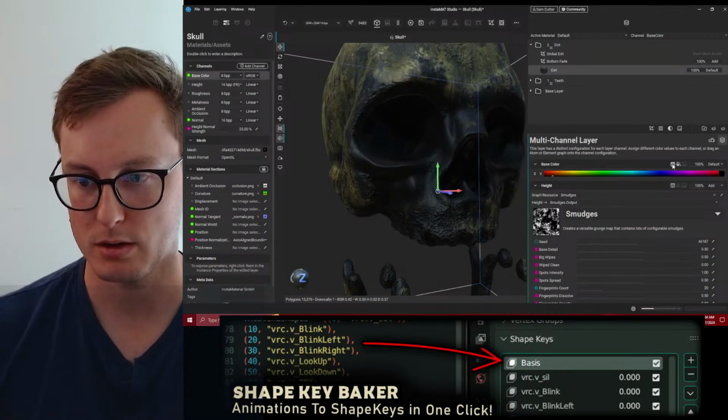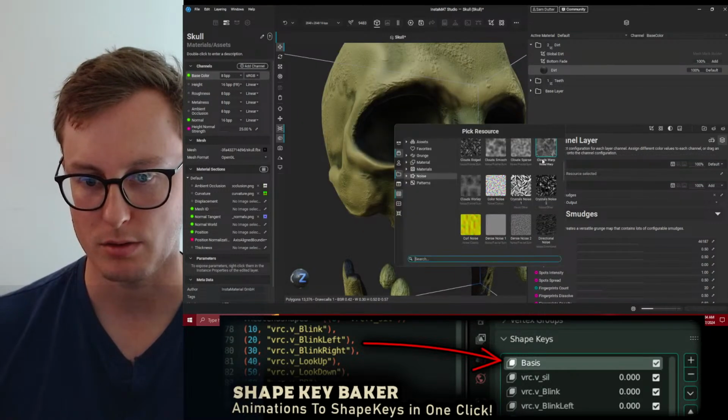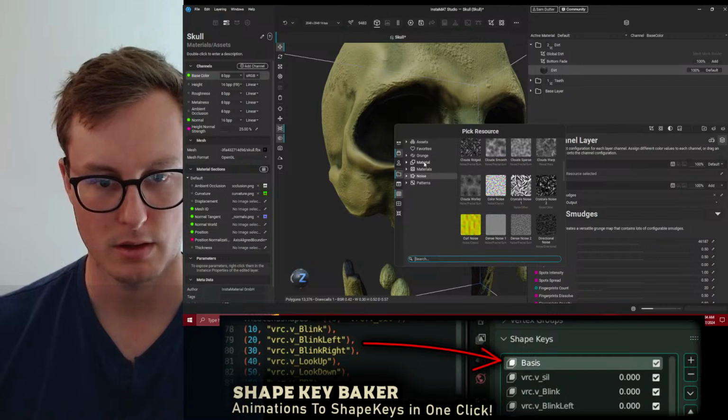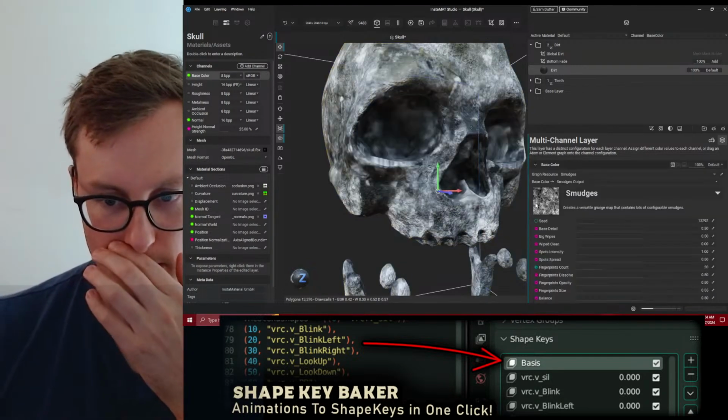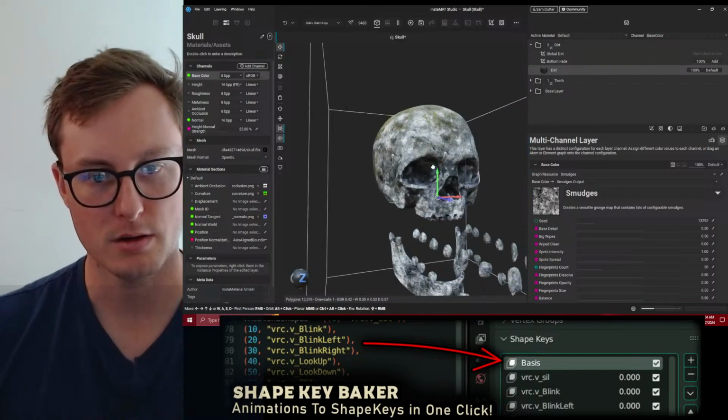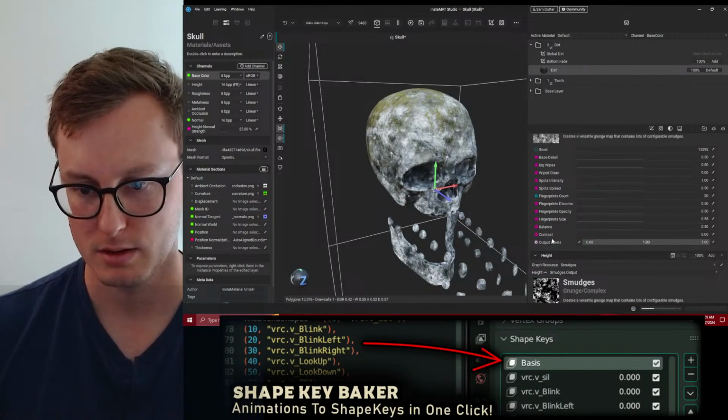Smudges, and then again, we could also give it another resource like this grunge smudges. Like so, and then that fills in.